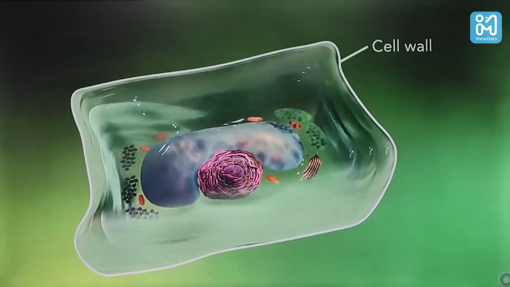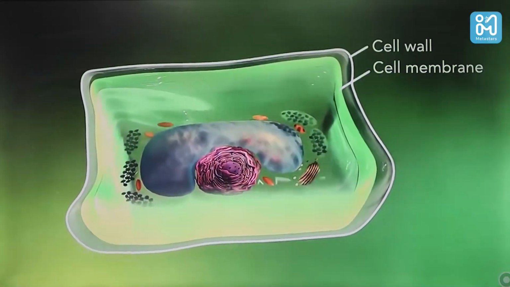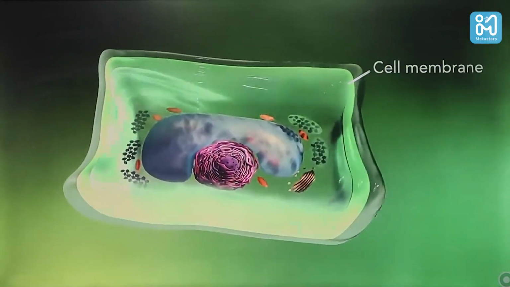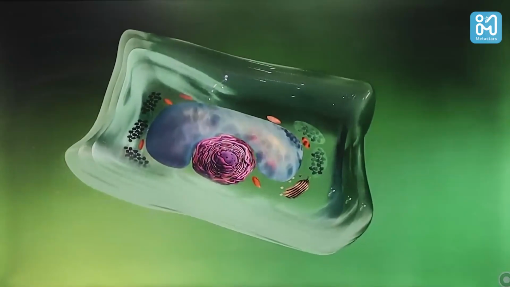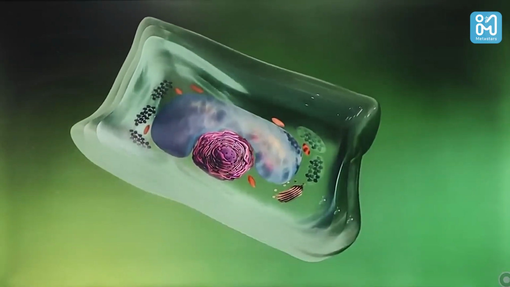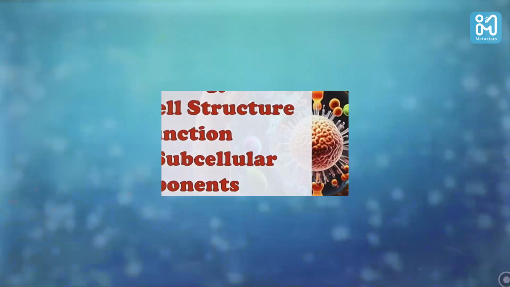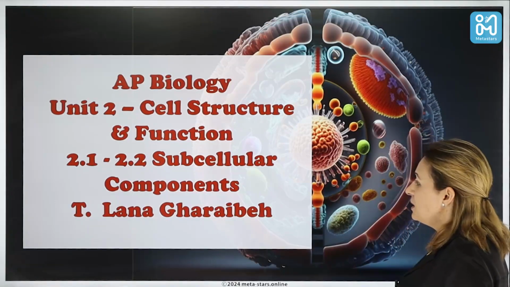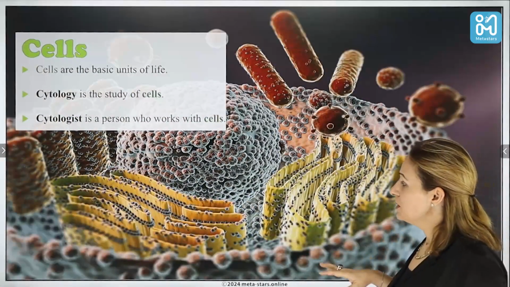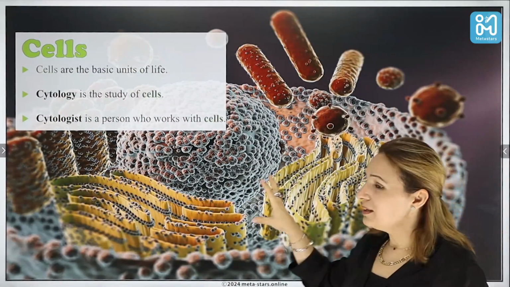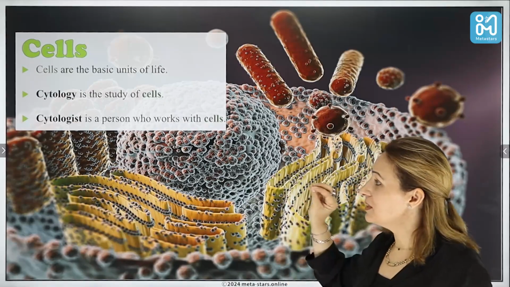And of course, we have the cell wall, which is also distinguished in plant cells and not in animal cells, that is keeping all the organelles of the plant enclosed. So let's start now with the subcellular components,